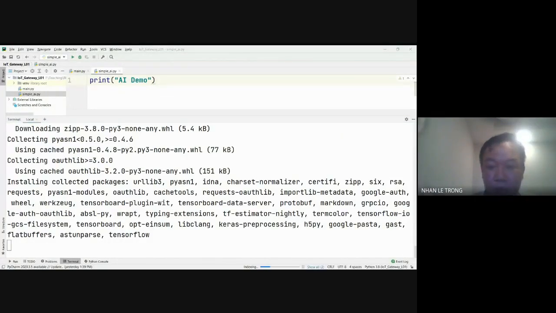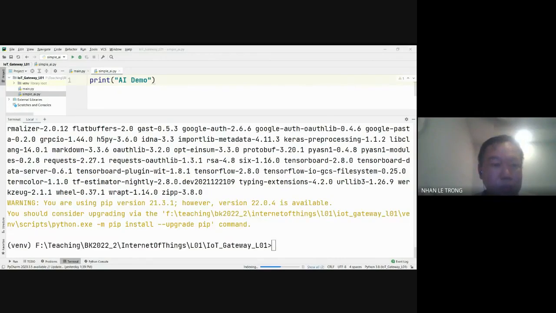Okay, pip install tensorflow 2.8.0, for instance. Tensorflow equal to